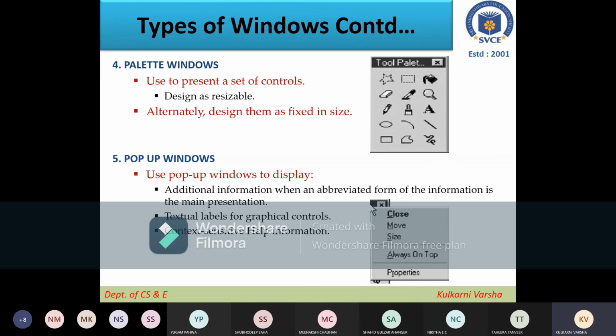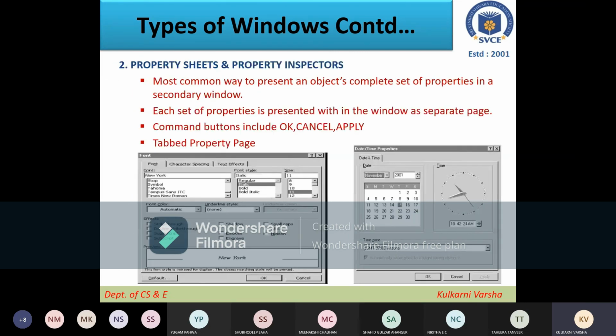Pop-up windows depend on your application: you can suddenly pop up a window based on that application, situation or event, with options in it. So this is all with respect to the types of windows.